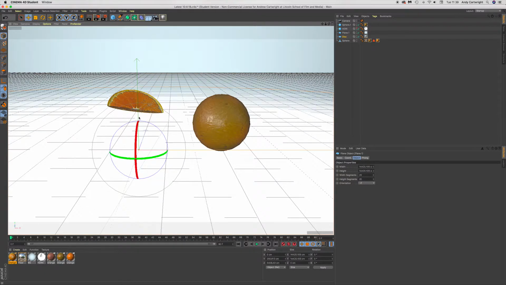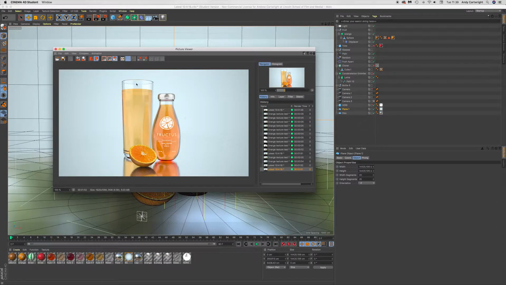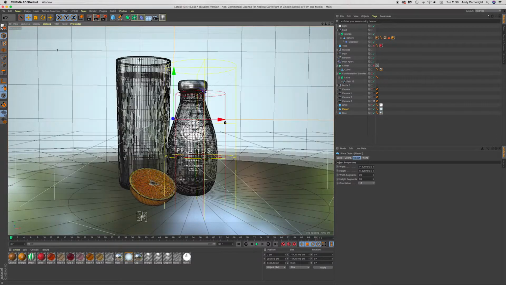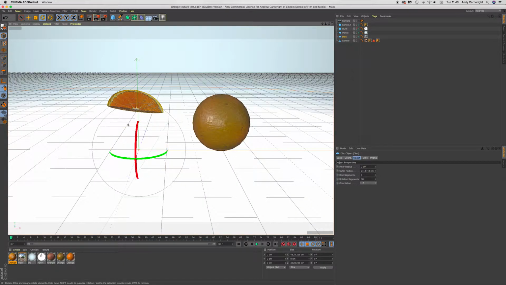So if I just jump over to my latest version, this is my final finished scene for the orange flavored variant of the drink, and this is what it looks like. The orange looks really realistic. The skin could do with being powered up a bit in terms of brightness. However, I'm really happy with it, and I basically want to get all of the other fruit assets up to